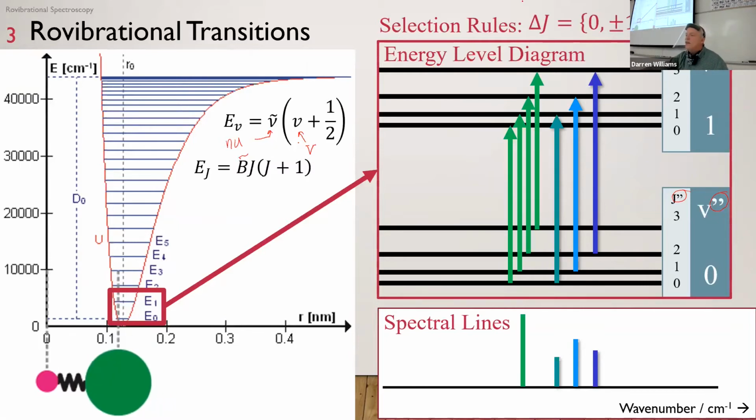Okay, so the length of this arrow, great question. The length of this arrow tells you where on the x-axis it will show up, okay? Since this is the longest arrow up here, this is the highest frequency transition. The intensity depends, in this case, mostly on the Boltzmann distribution,